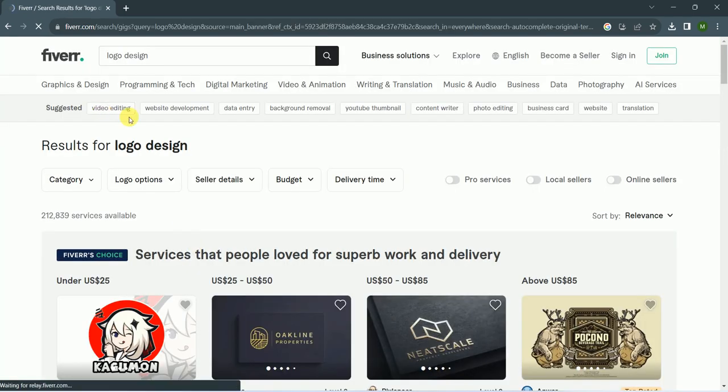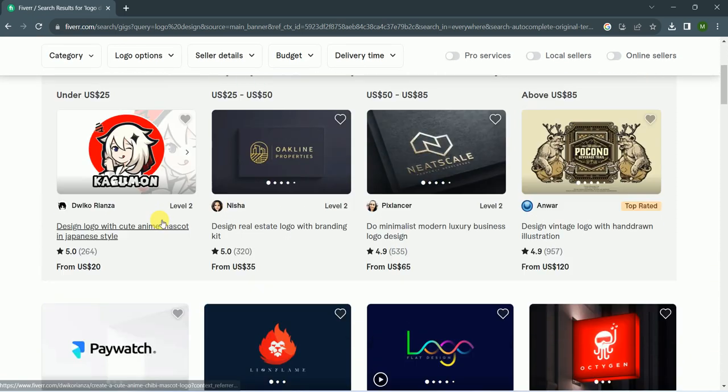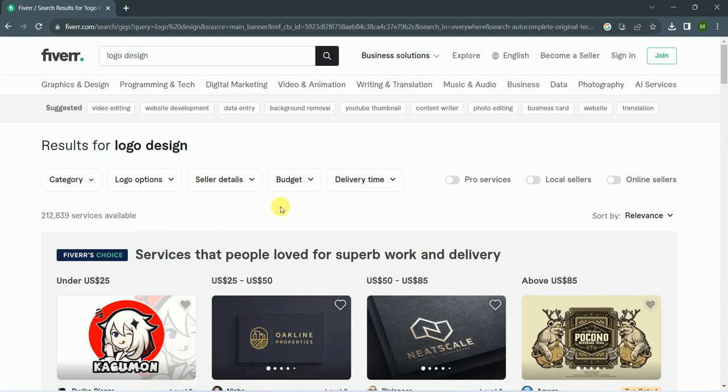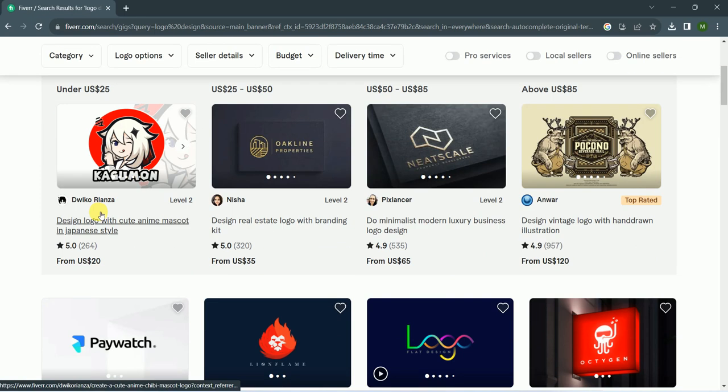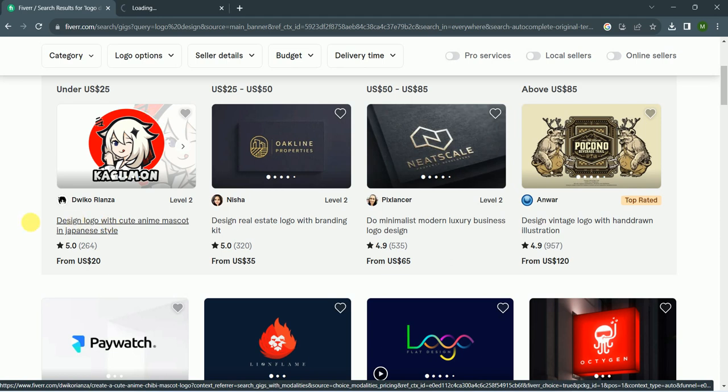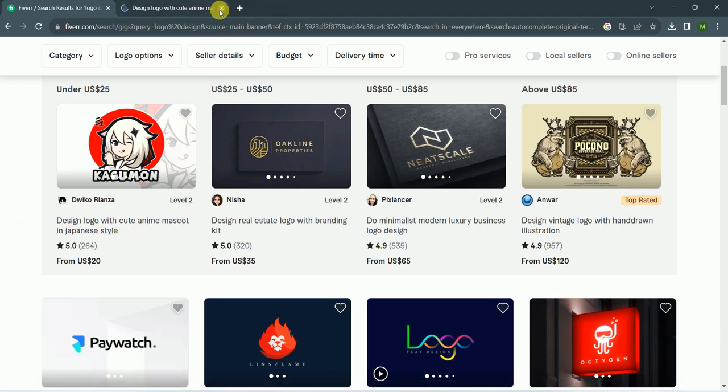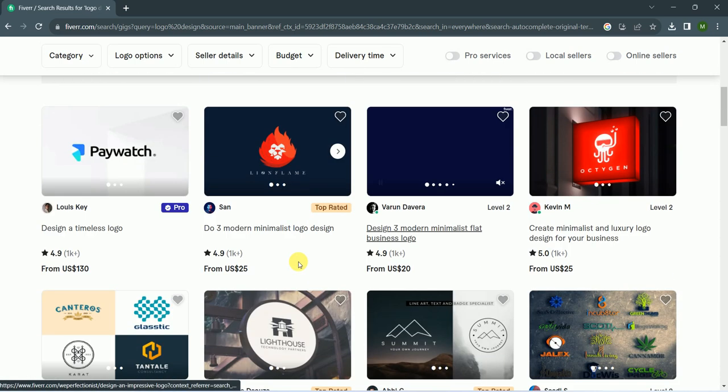We have to check whether there is a demand for this skill or not. So as you can see, 212,839 services available, which means this is a very high demanding skill and competition is high, but we have to adjust. So after that, I open one of the gigs, design logo with cute anime mascot in Japanese style, not this one, and